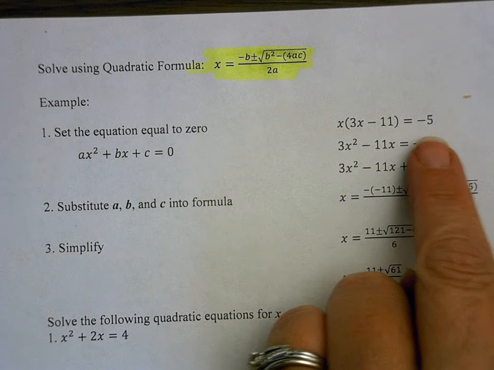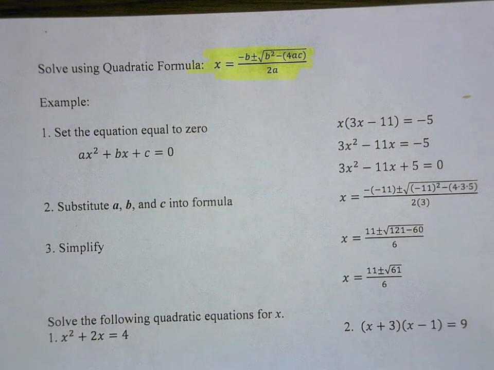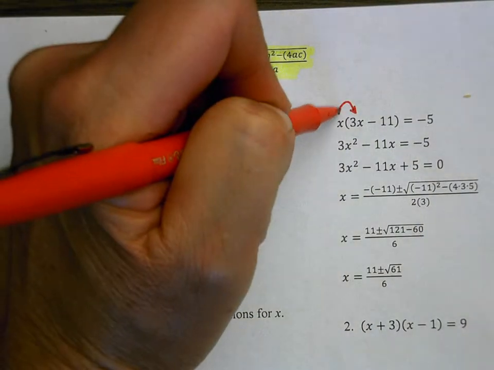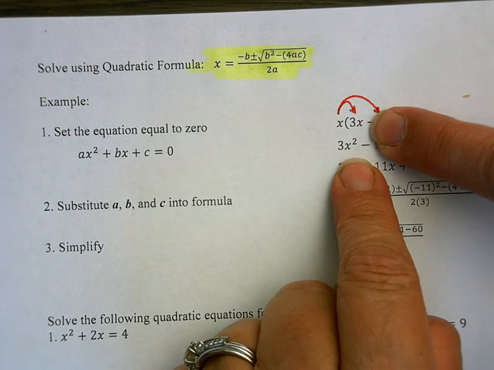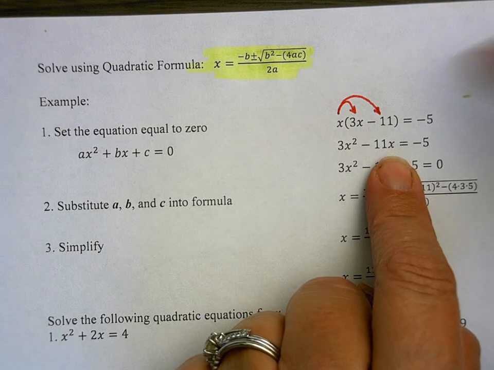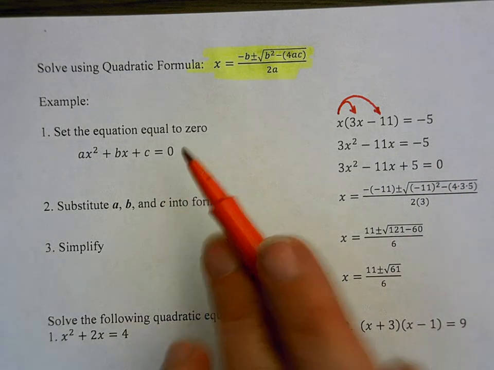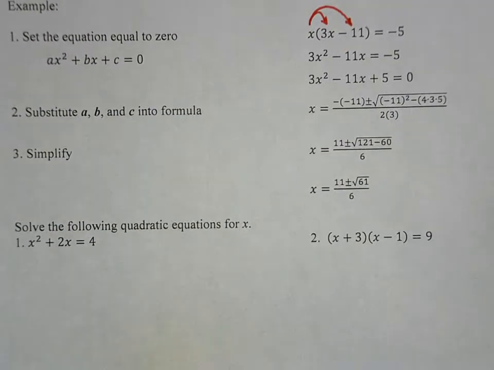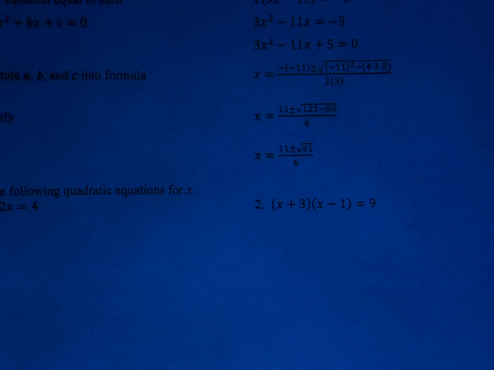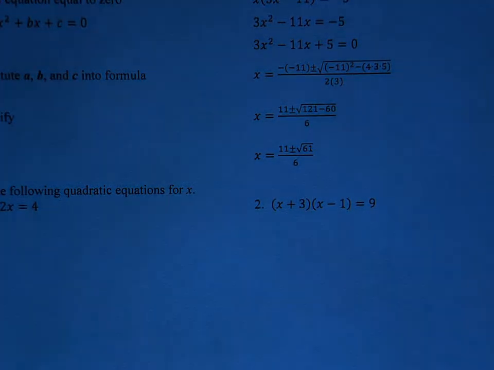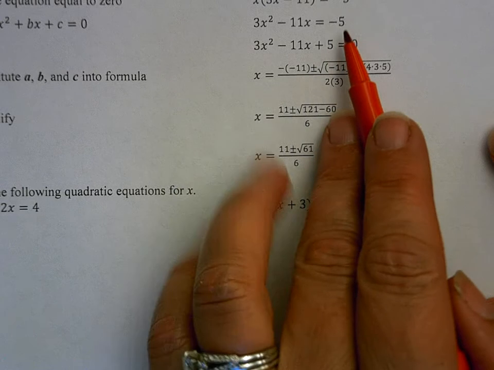So if I look over here, I have two things wrong. One, it's not equal to 0, and two, I have grouping symbols. So I need to make sure I distribute, so I would multiply that x into both terms. So x times 3x gives me 3x squared, and then x times negative 11 gives me negative 11x. And then it's still equal to negative 5. So again, I have to have it equal to 0, so that means I want to add 5 over to the other side. Sorry, I don't know why this light keeps going out. Okay, so then I would add 5 over,